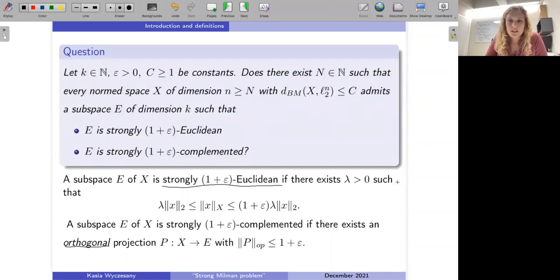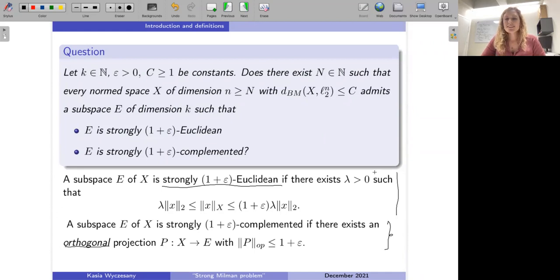And as much as we believe, and it feels very natural, the first assumption, strengthening to strongly almost Euclidean subspaces, doesn't change as much, because as I said, if you have a 1 plus epsilon Euclidean subspace, then there will be a strongly almost Euclidean subspace of half the original dimension. The second is a significant strengthening of those conditions. And we're still working on trying to go back and use our result for those strong conditions to come back to the original question. But this is work in progress.